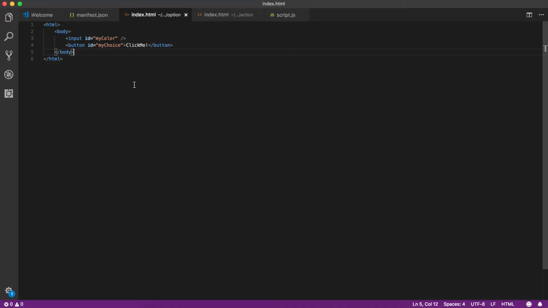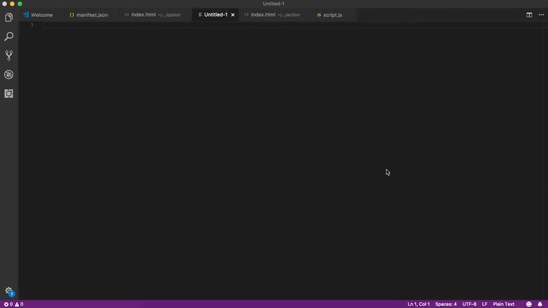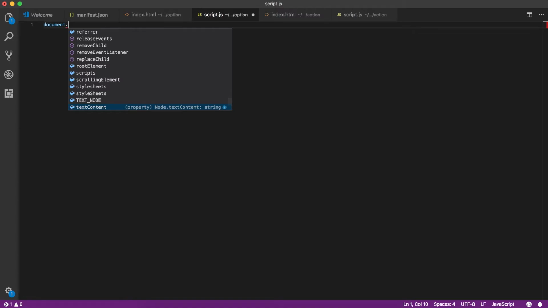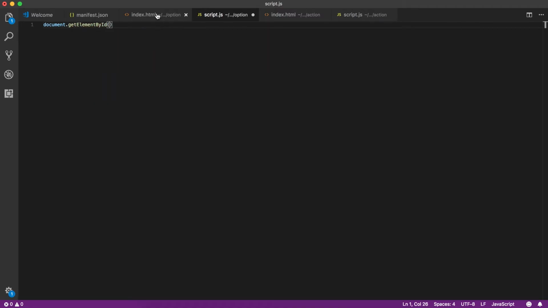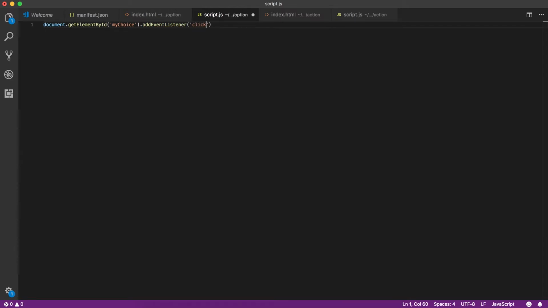So let's go back and add some JavaScript to it. Let's say we include a script file. Let's create one. Okay, so what we want to do is again add an event listener to our button. The ID of the button was my choice. Dot add event listener. We'll add a click listener, and what it will do is